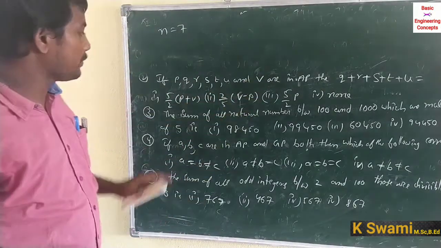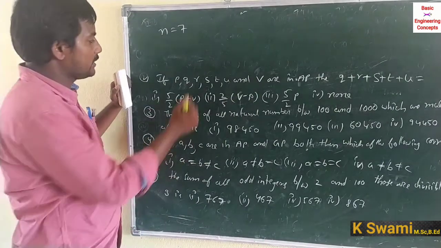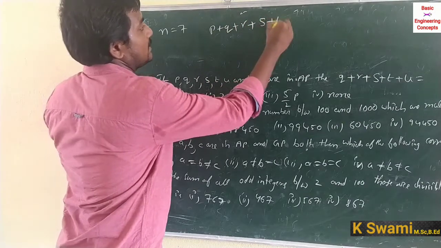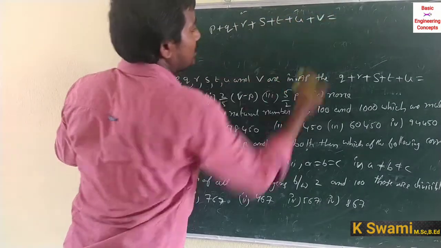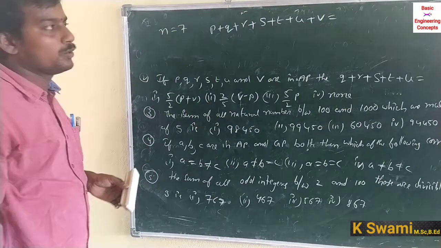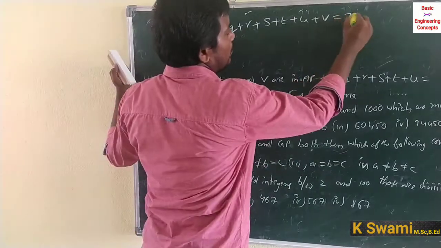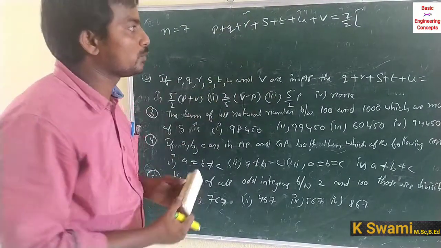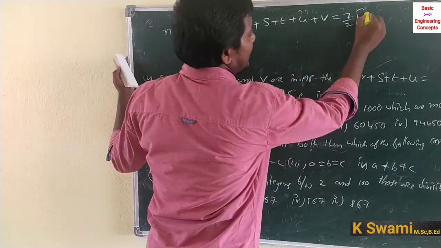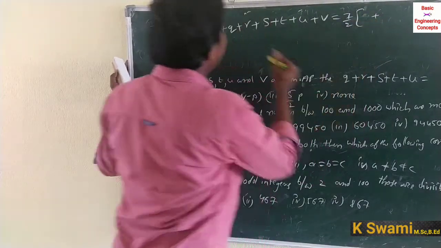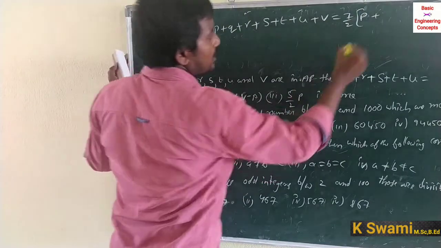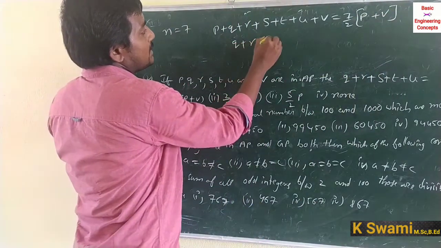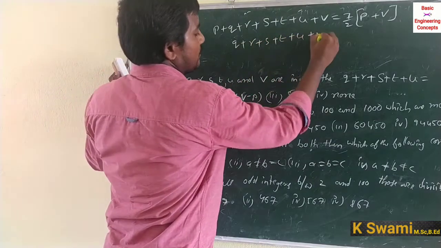Okay, sum of the terms means P plus Q plus R plus S plus T plus U plus V is equal to, so we know that 7 by 2 into, so because n by 2 into a plus an means a means first term, P plus last term, P plus V. So Q plus R plus S plus T plus U plus V is equal to,